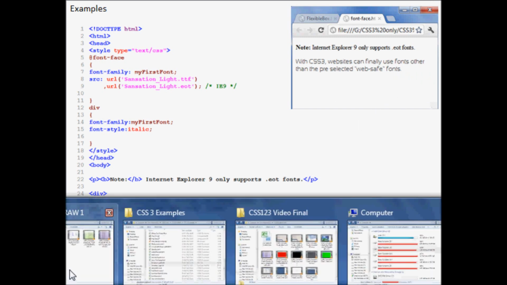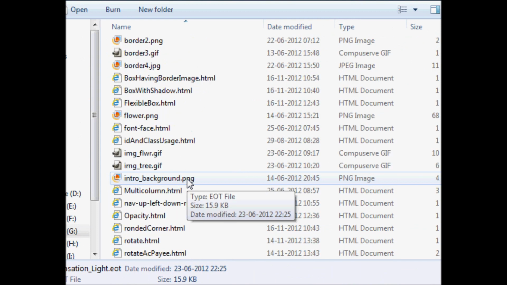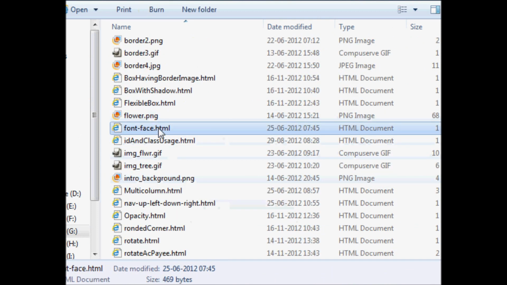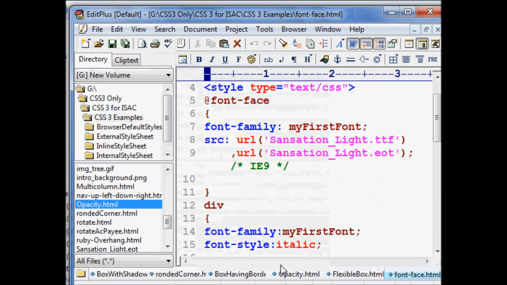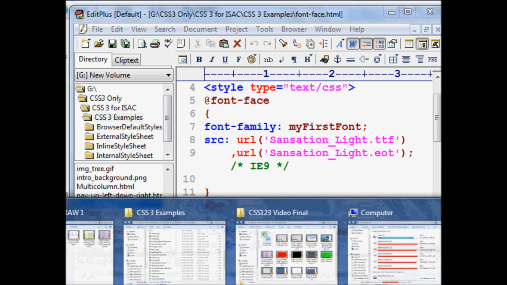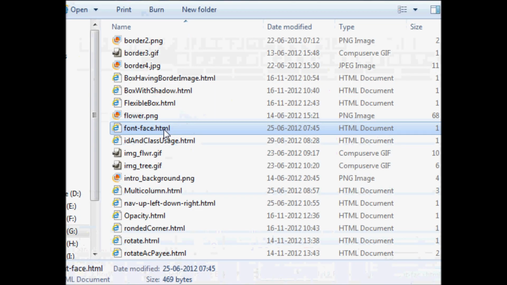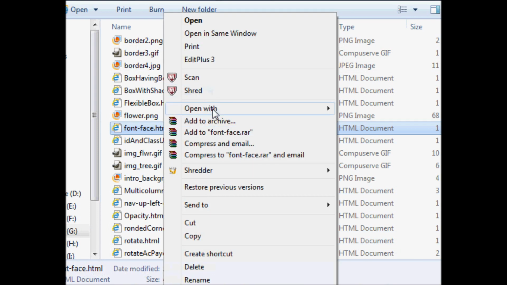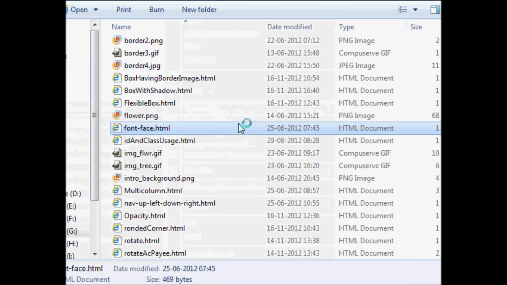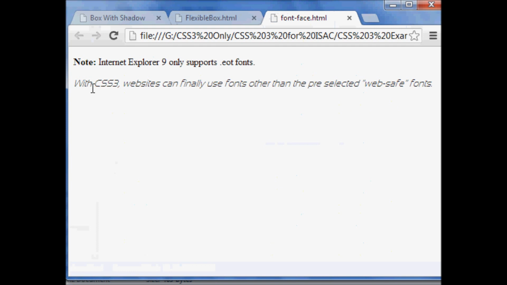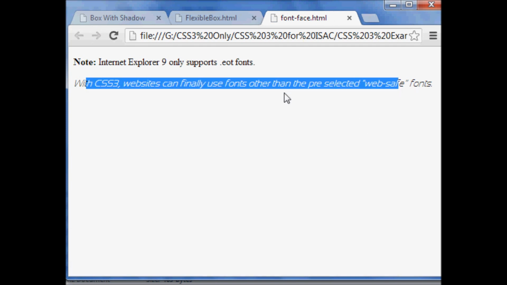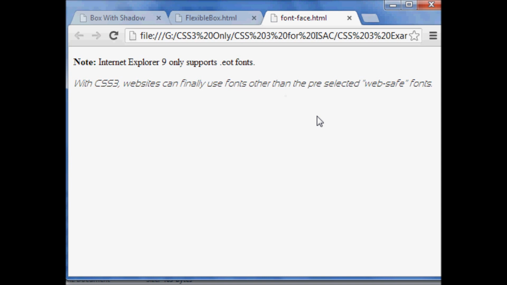Okay, if you want to see the code, let us understand the code here. Font face. Let me open it here in EditPlus. This is the code which I'm using, and open with Google Chrome. Now you have noticed the font, look at here, right?